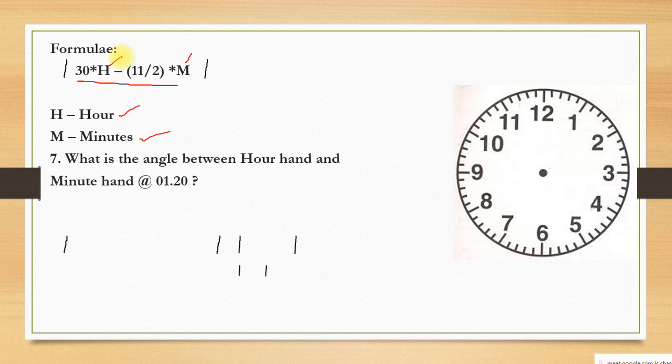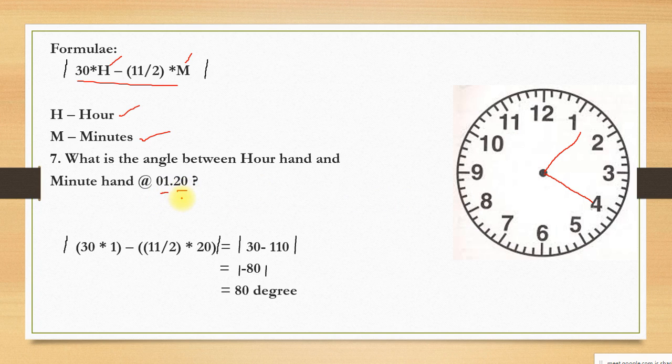What is the angle between the hour hand and minute hand at 1:20? Let us compare the previous answer and the answer we get through the formula. As we did earlier, we may do it like this. The problem is 1 hour and 20 minutes. Now let us cross verify the answer we have solved. If it is 1 hour 20 minutes, the H value is 1 and the M value is 20. Now you substitute in your formula. You can see here, 30 into 1 minus 11 divided by 2 into 20,